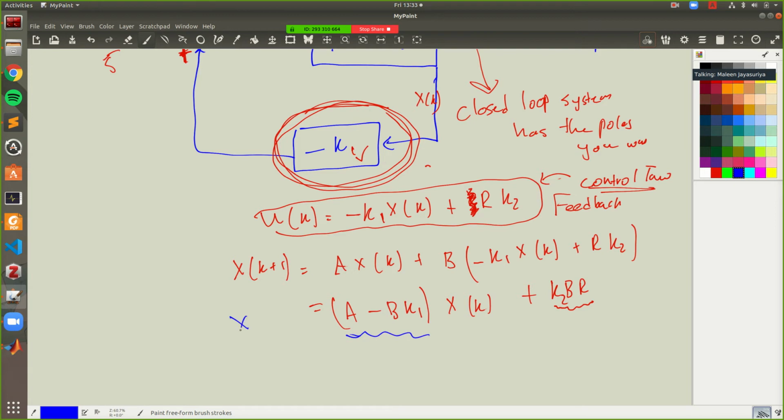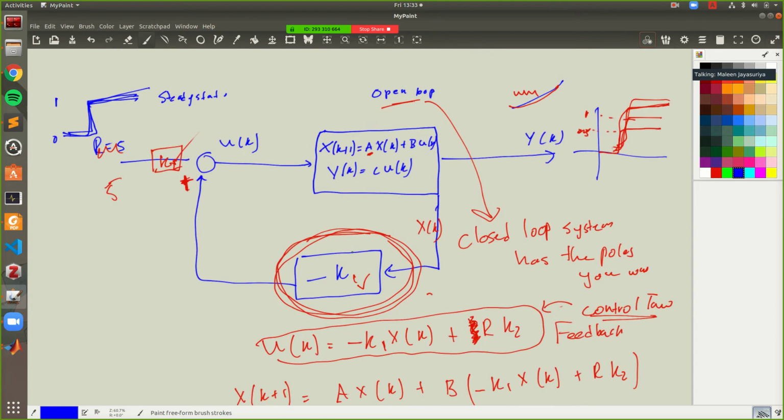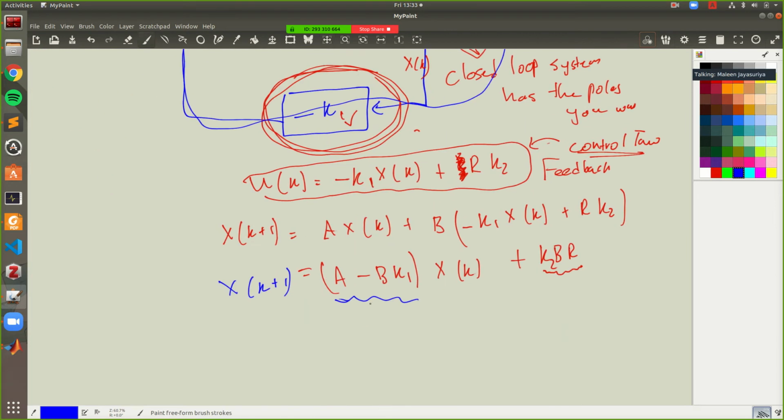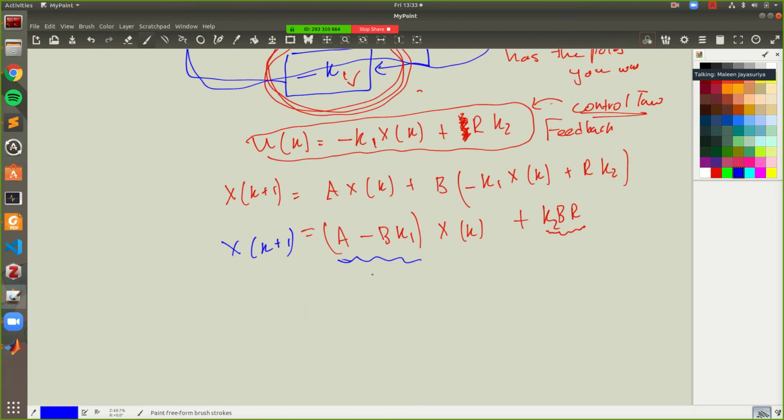Because what I've created now is a new open loop system. True, it is a closed loop system here, but if I looked at this whole thing as a system, I've actually created a new open loop system.